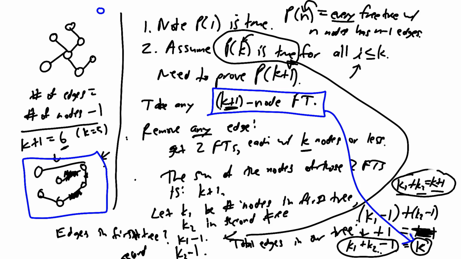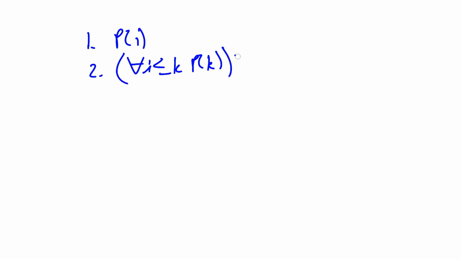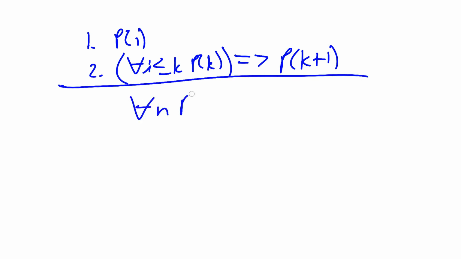A lot of that was algebra and a lot of that was tree stuff. But coming up for air to the mathematical induction thing, we proved that P of 1 was true. And we proved that if it's true that for all i less than or equal to k, P of i is true, in other words, if all smaller trees have one less edge than node, then that whole thing is going to imply that a tree that is k plus 1 in size is going to have one less edge than node. And therefore, those two things together prove that for all n, P of n, in other words, all free trees have one fewer edge